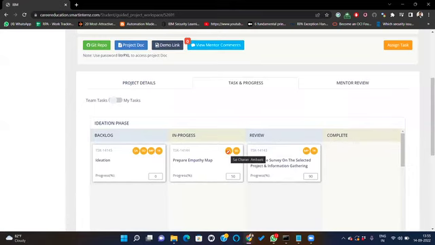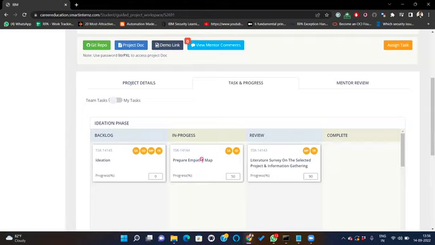So this was all about how the team leader can assign the tasks to their teammates, and how the task card or the Kanban board helps us in tracking the status of the student. Now the other info I wanted to give here is, if you see, this task is assigned to Sai Charan and Sandeep.